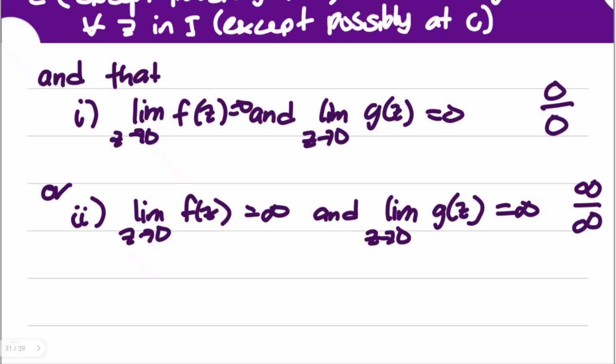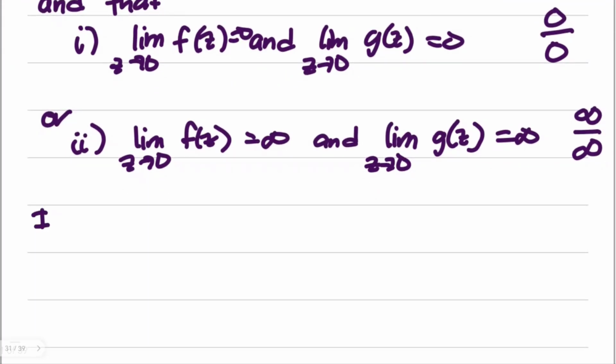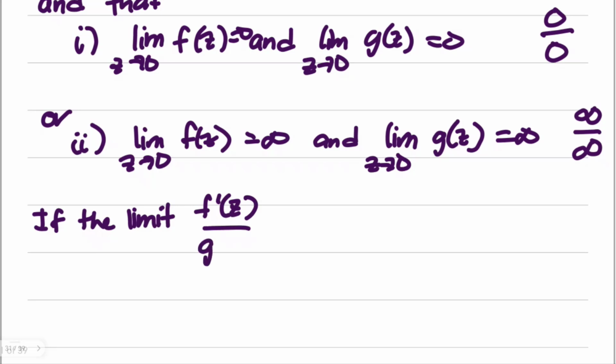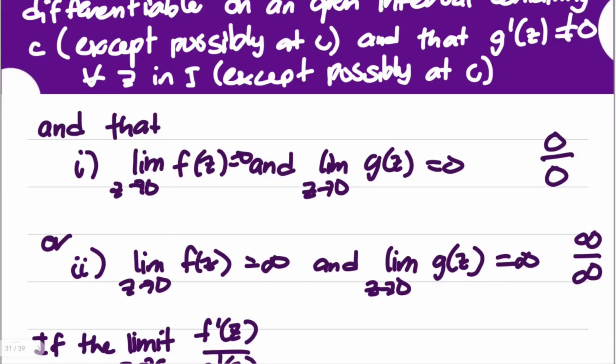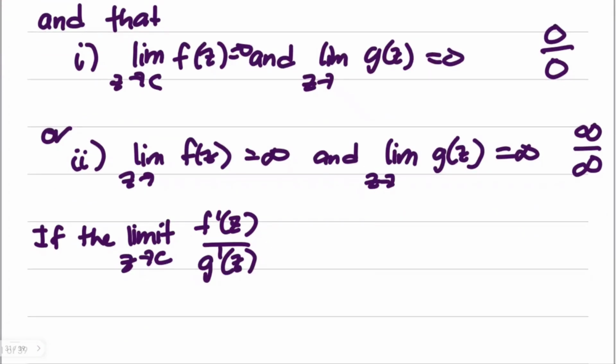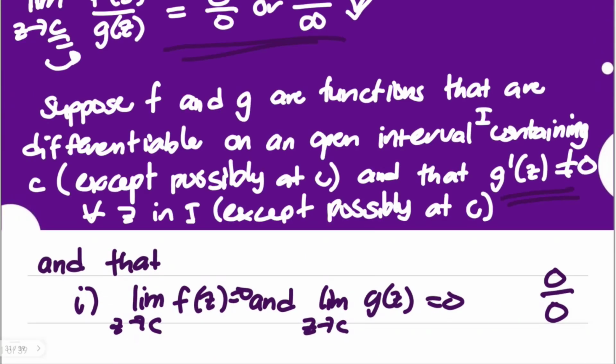L'Hopital's rule tells us, if the limit of the first derivative of f over the first derivative of g, as z approaches the same c, by the way, this is no longer 0, this is actually c, pardon, I was thinking earlier about zeros, if the limit of the derivatives of both functions exists, and again, g prime of z is not equal to 0,